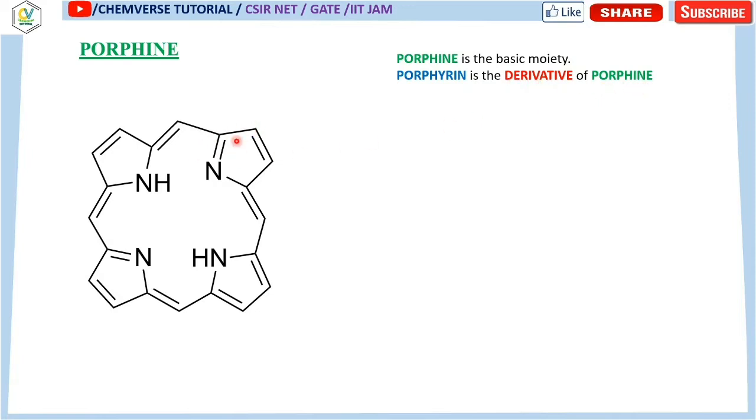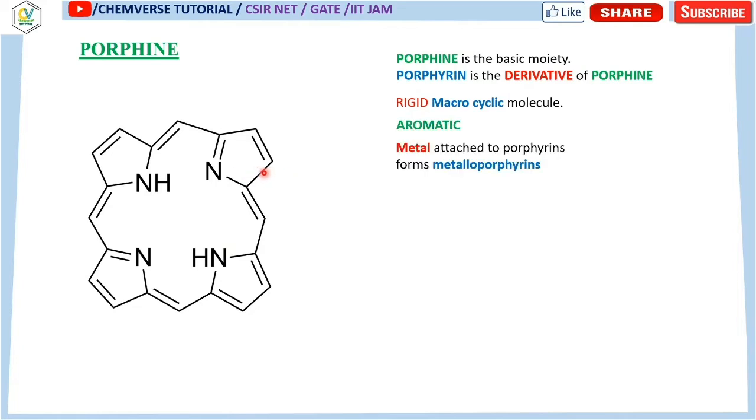Now when the porphyrin group has some substituents over these four positions, depending on the nature of the substituents, there are different kinds of porphyrin rings you will obtain, which are present in different molecules like hemoglobin, cytochromes, etc. Now this is nothing but a rigid macrocyclic molecule. You have already encountered macrocyclic molecules when you studied crown ether, but it is such a rigid system that it is even more rigid than crown ether, and it is aromatic.